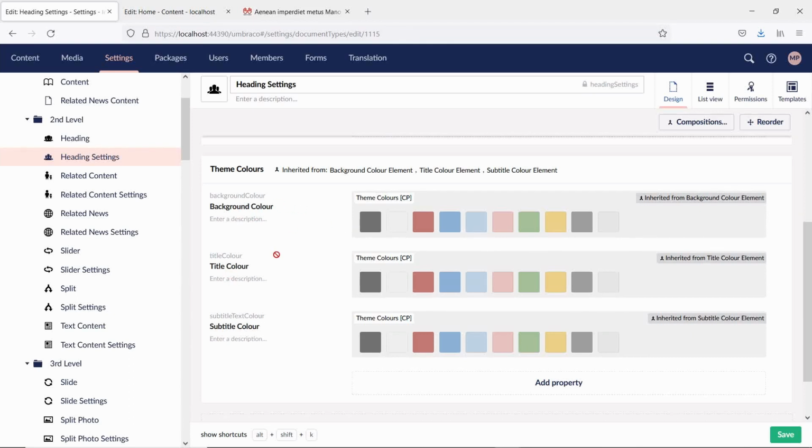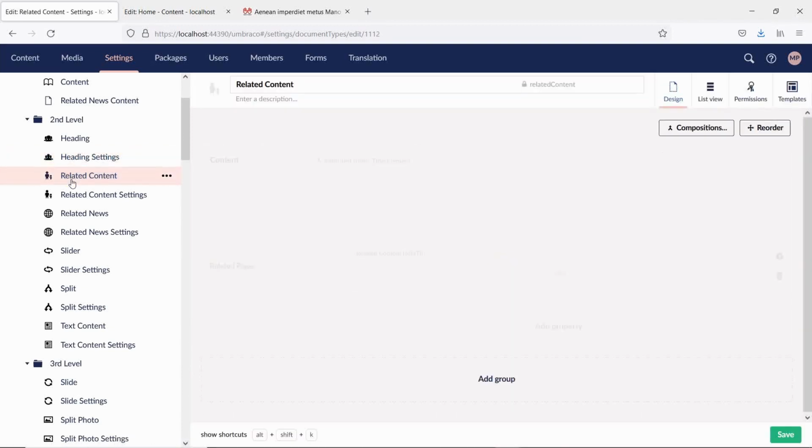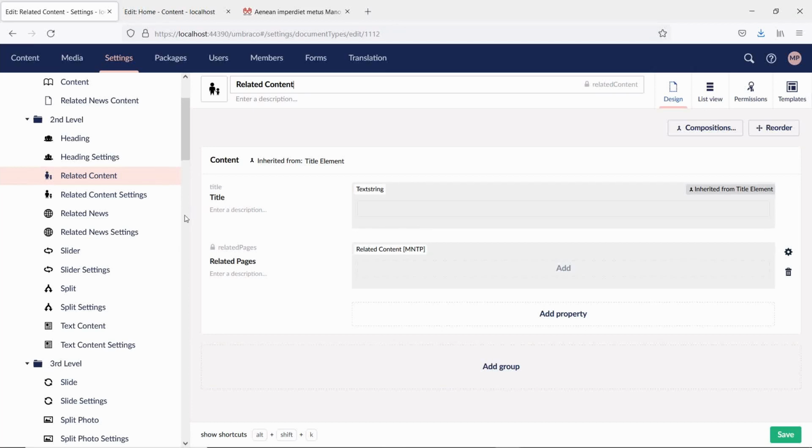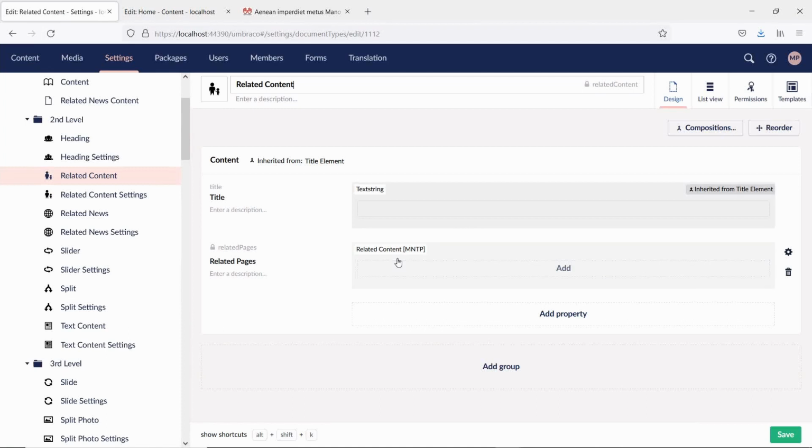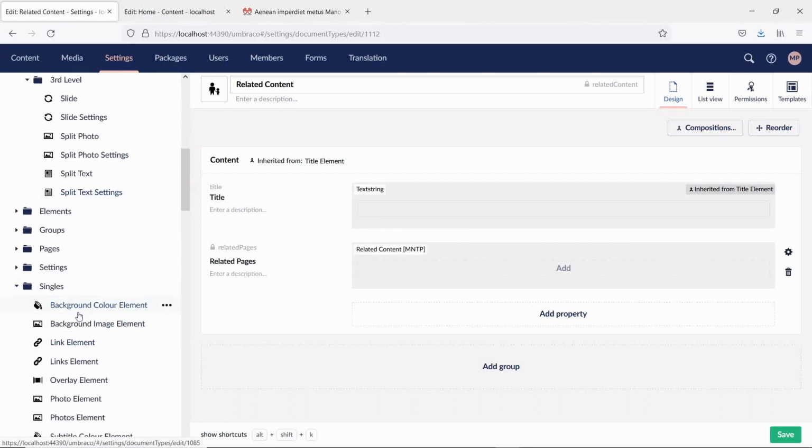So it's best for the purposes of this theme or this kit, the starter kit, to be used. It makes sense for these to be used in this way. So yes, related content does the same. It inherits the title. Now this is slightly different. This is content that has to be created after the content has actually been created and entered. You need to have this in order to create this related content, which is down here in the